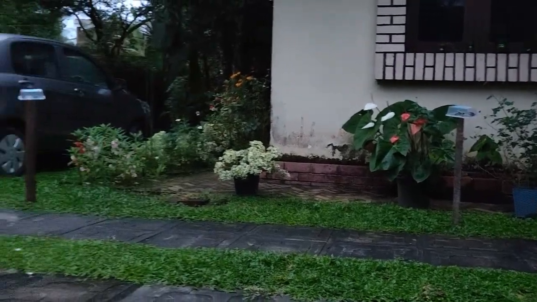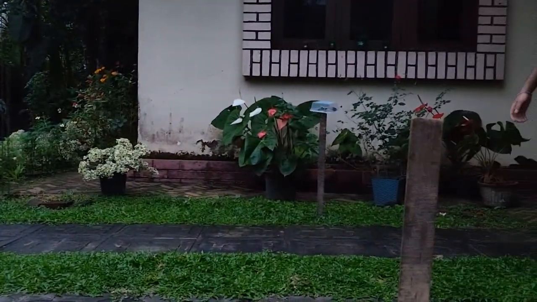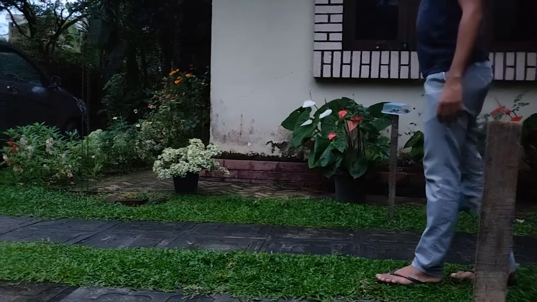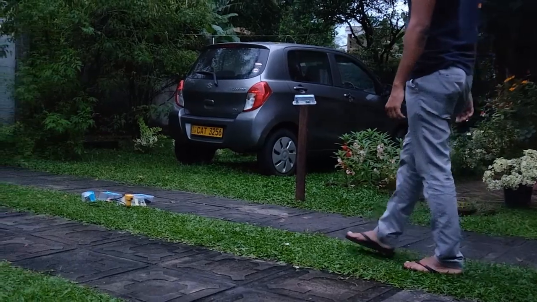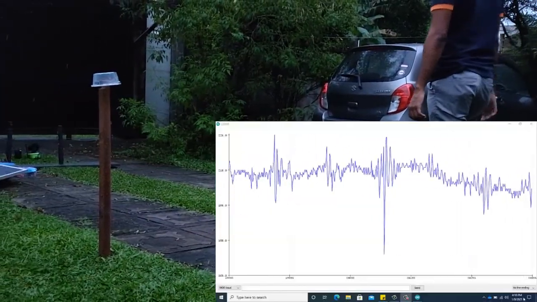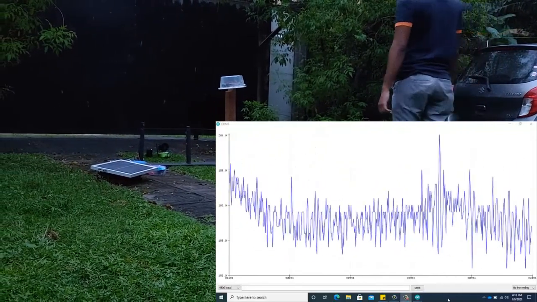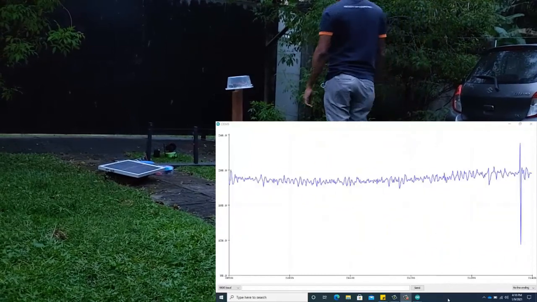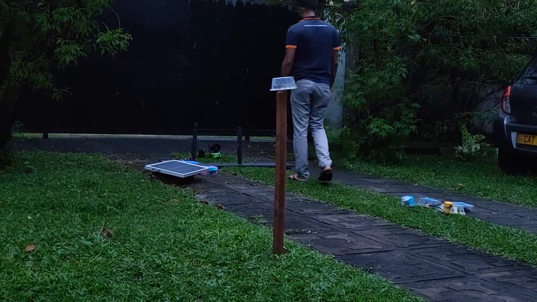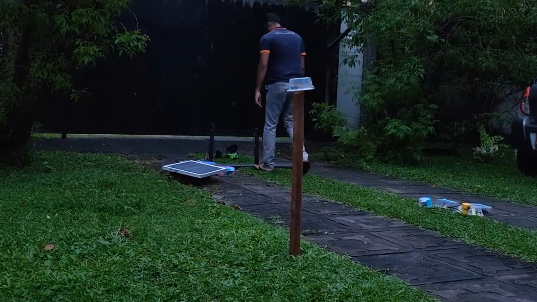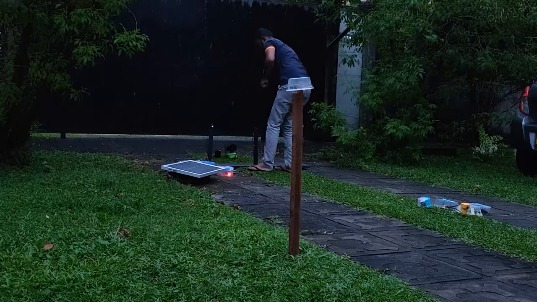Now we have only 3 radar modules here. So we'll see, once the user comes across this system, whether it works or not. Now you can see the user comes in between the WSN network. Unlike the first scenario, the alarm system is not working because one of the modules is missing. So he should break the fence to make the alarm system work. Now the power is already working because one module is missing. Now we'll see what will happen. The user is trying to cross the fence and trying to break it, and the user is trying to break the alarm system. Now you can see it works.